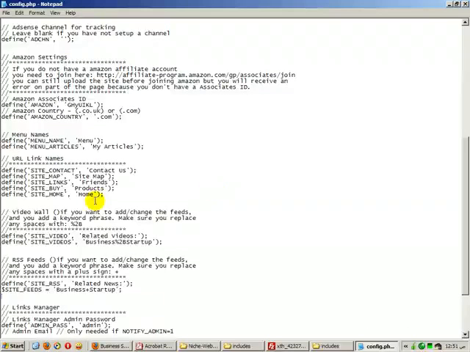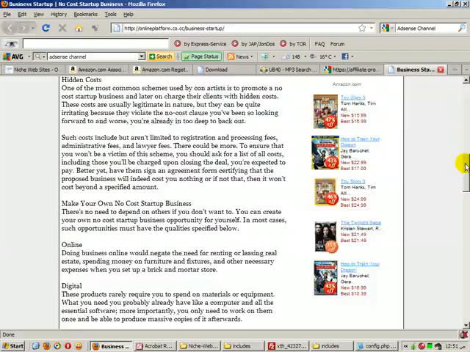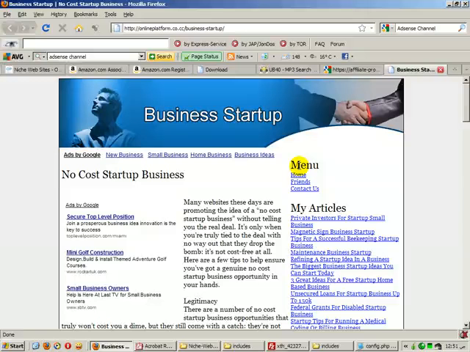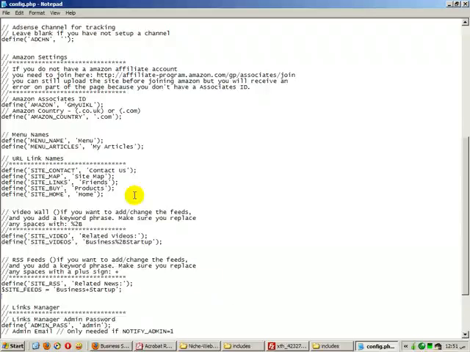I want to state a couple of things. If you're not satisfied with the names of the sections in your website, which you'll find here, menu and my articles, as you can see in bold or in black, and you want to change them to another name, any name you want to use, you can go to the config PHP file and change them here, which are my article and menu, precisely